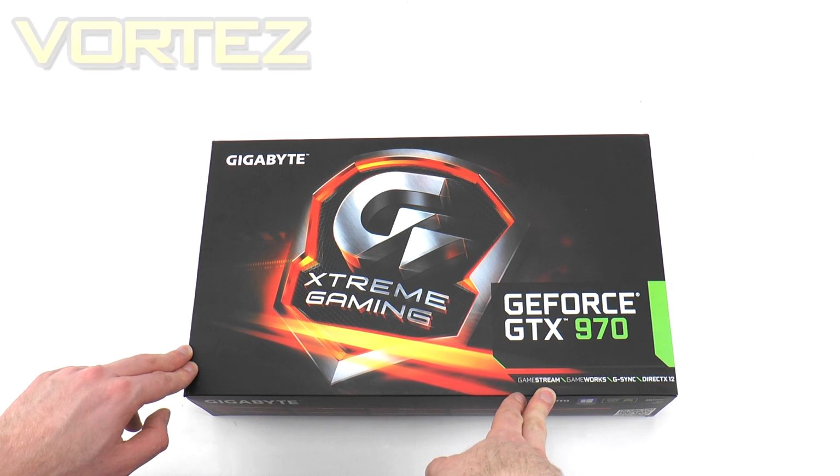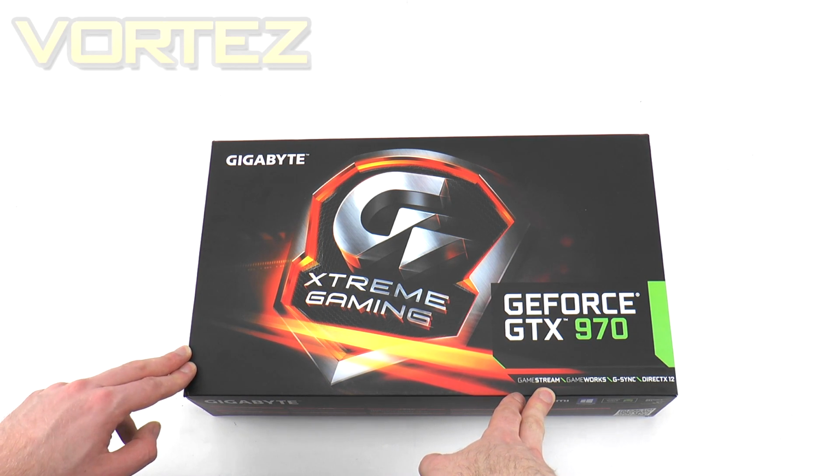Now this graphics card is going to cost you in the region of £300 in the UK, and over in the States you're looking at around $500. So not the cheapest 970 that you can get your hands on, but this card does arrive with that factory overclock, that aftermarket cooler and some other intriguing features which we're going to take a look at and discover today. Right guys, we are going to begin with a look at the packaging, do a quick unboxing